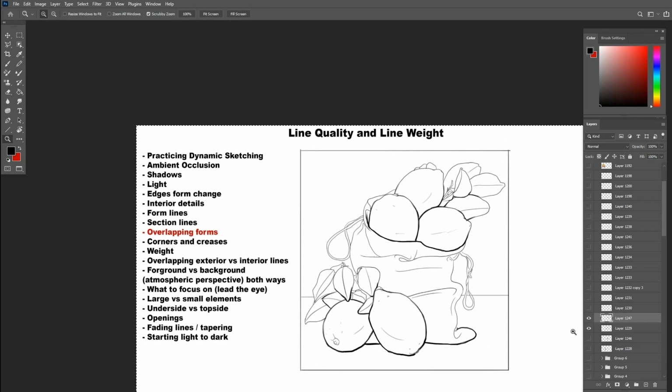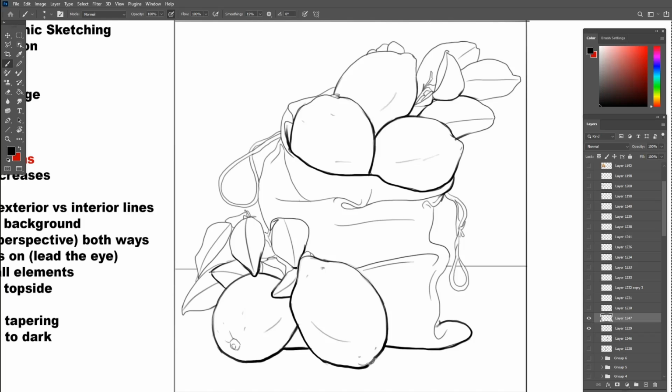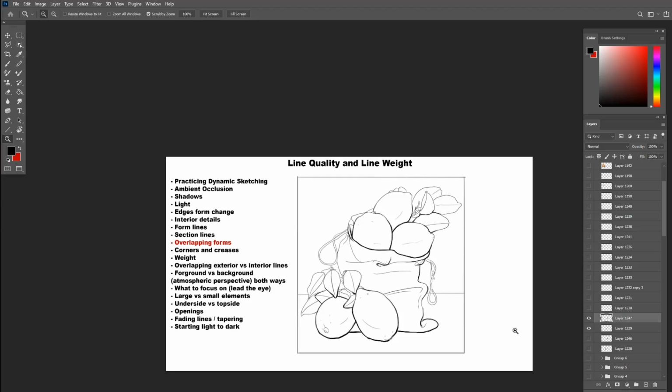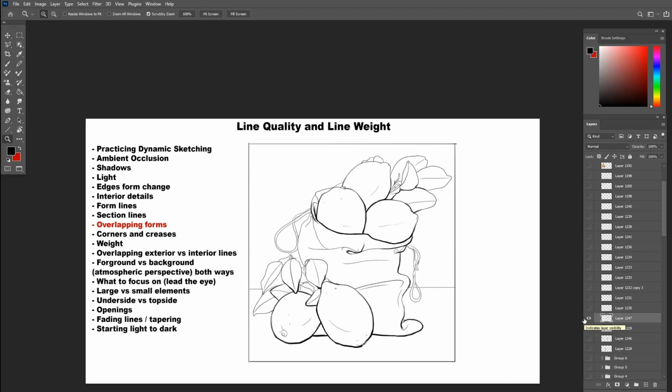Now that I have some line weight, I can zoom out and take a look at the overall image, and then dial back some of the line weight to make it look more organic, and then maybe add some lines that I might have missed. It's also good not to draw a continuous thick line, especially if the edge is too long like the side of the bag. Try to taper it off, especially around the long lines, to give it more of an artistic look than a big outline. Otherwise it will look more like a cartoon. More can be done here, but this is just an example of overlapping lines. We will do more about this later.